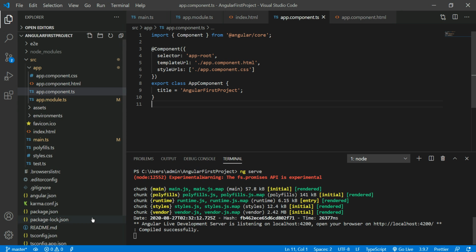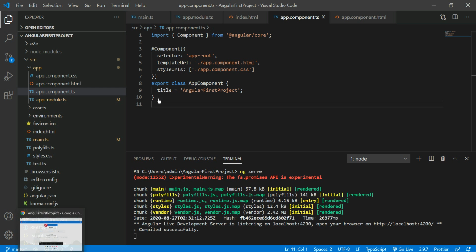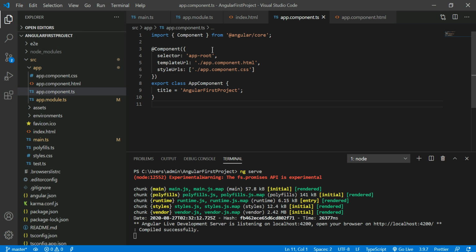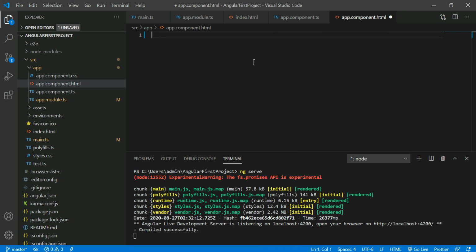If you go to the HTML file here, suppose you want to cross-check whether this template is working fine or not by making a small modification in the HTML file. So I'm removing the entire content, and here I just enter one small text: sample application. Whenever you are making changes in the HTML files, make sure that ng serve is on. Don't stop it.